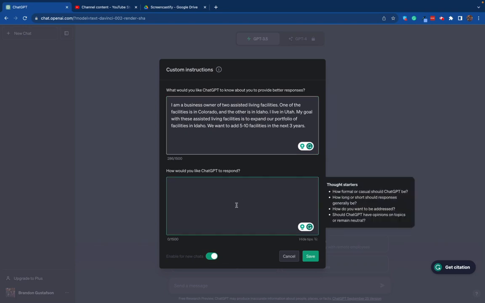Okay, there we go. So down here into how would I like ChatGPT to respond, this is where, when I'm setting chats up inside of ChatGPT, I really like to have it have a tone, and you can actually have it do tones of different people. Like I've heard people have it do a tone of Bill Nye the Science Guy, for example. So you could put in here: I want the responses to my business inquiries to be professional but understandable